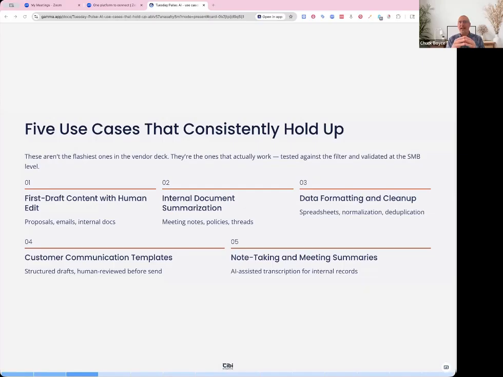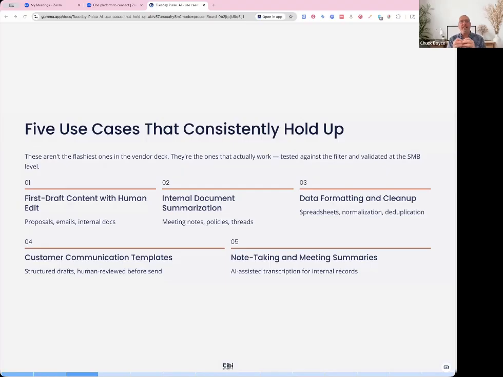Next one is document summarization, which is really great because you can take meeting notes or PDFs or policies or things like that. Like when I was talking earlier, looking at a terms of service or terms and conditions for an app and having AI analyze it so you don't have to run through 25 pages of stuff. You can get a good review focusing on what you are interested in knowing, and you don't have to go through the entire document. So document summarization is great.